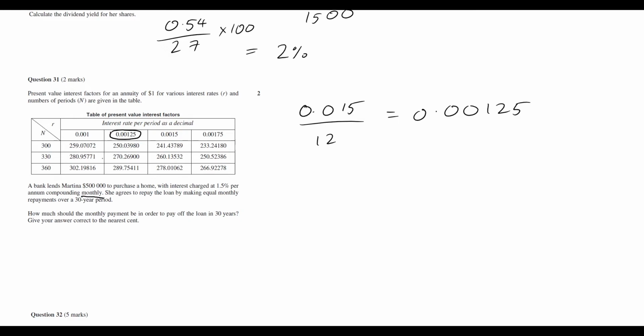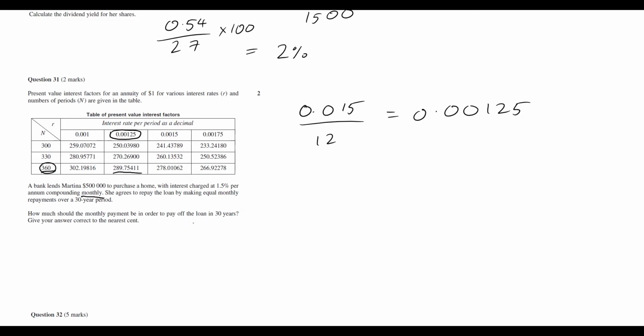All right, the next little step that we need to consider is how many interest periods actually went past. So 30 years, but we had 12 periods per year. So 12 times 30, that will leave us with 360. Okay, so now we know we're working in the second column and the third row, so that means we'll be using this number down the bottom here. And so keeping in mind that this is for $1, but here we're going to be making repayments adding all the way up to